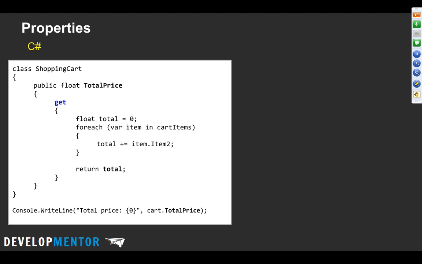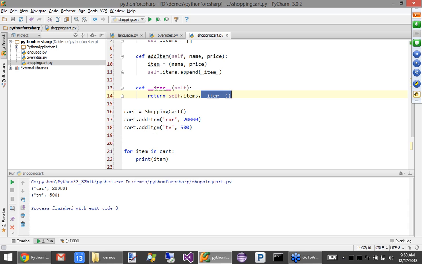Okay, so the other thing that was cool, moving on quickly through the language features, is properties. Here I can have even a computed property. Given my same little shopping cart item, I'm going to compute the total price. Down here, I can say total price is {0}, cart.totalPrice. And from the outside, this looks just like any other variable, but it's actually computed from the items that are in your cart.